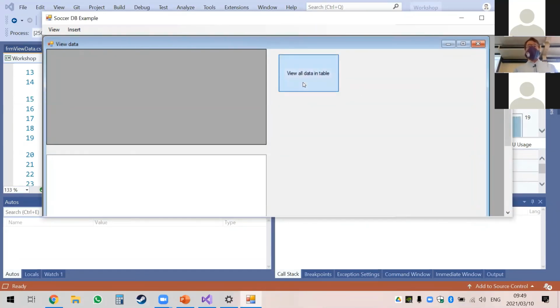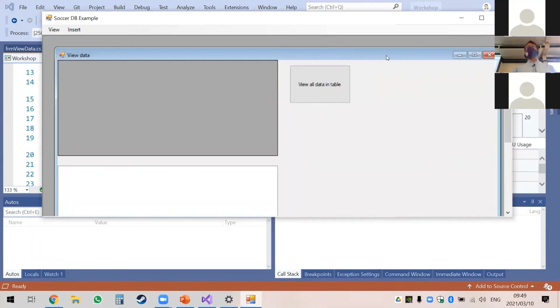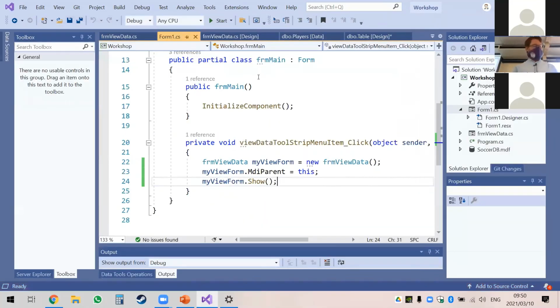So now on this form we can do things, we can click buttons and go crazy, and when we're done we can close the form, and we can simply open the form again if we need it by saying view data. Currently, view all data in table doesn't do anything. We haven't programmed it yet, but we have sorted out the interaction between forms. Let's go back and look at the database component of view